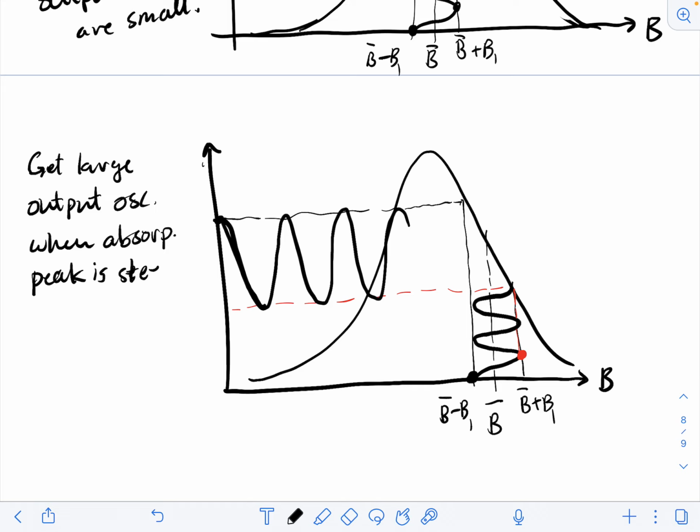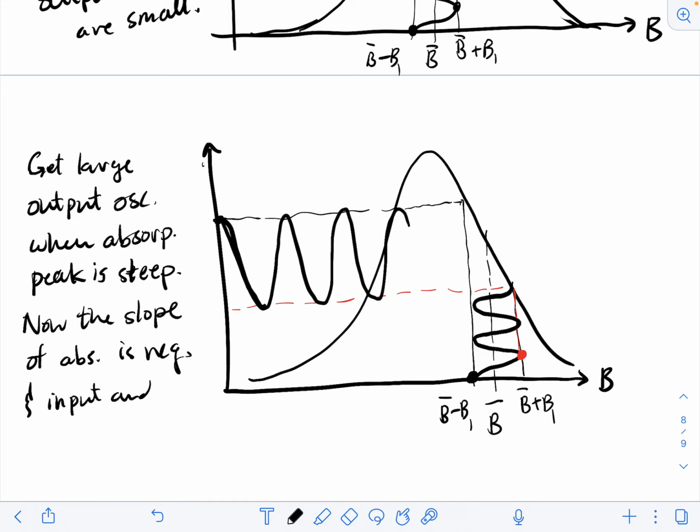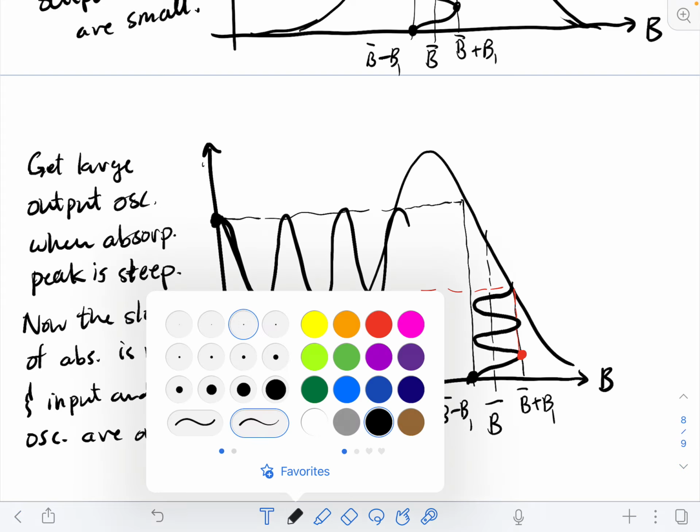Now the slope of the absorption is negative, and our input and output oscillations are out of phase, i.e., when the magnetic field is small, the absorption is large. When the magnetic field is large, the absorption is small. Okay,